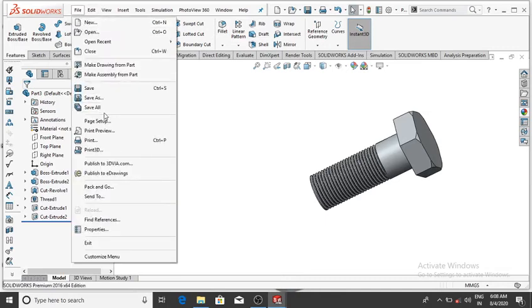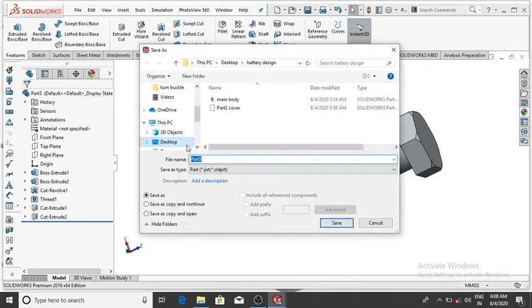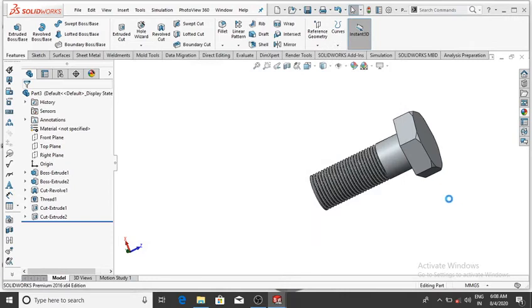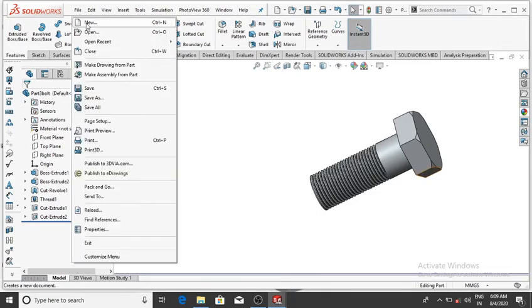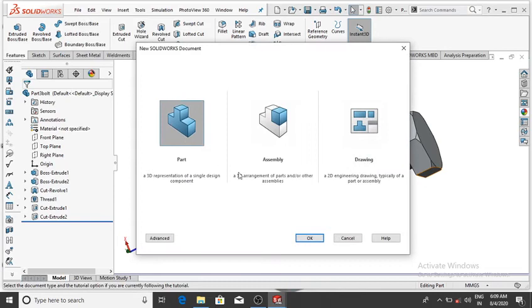So go to the file and now select save as and select part 3, name it bolt, then save. And the last one, make the nut for this battery design. So go to the file and select new, then select part, then OK, and